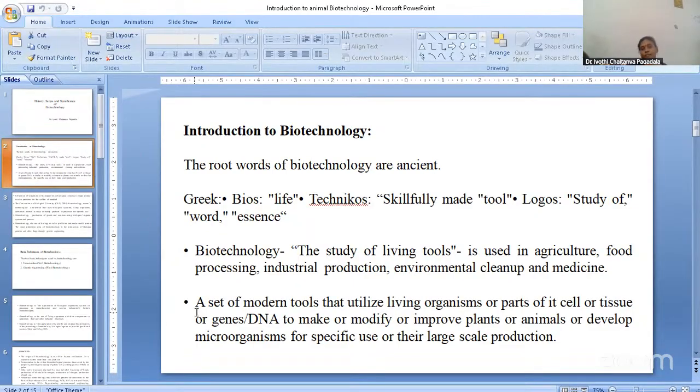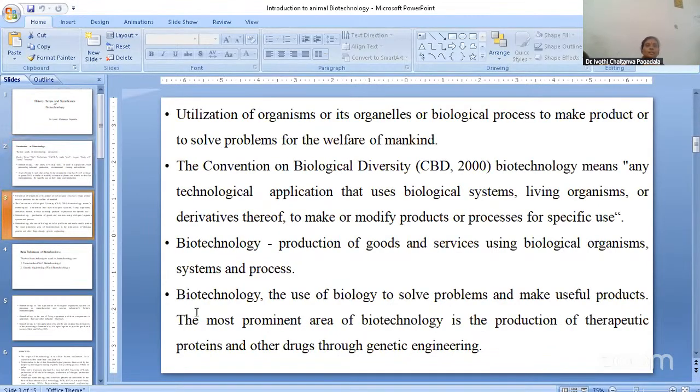So here is a set of modern tools that utilize living organisms or parts of them, cell or tissue or gene, to make or modify or improve plants or animals or develop microorganisms for use and their large scale production. So here this technology has key applications in the medicine for the production of